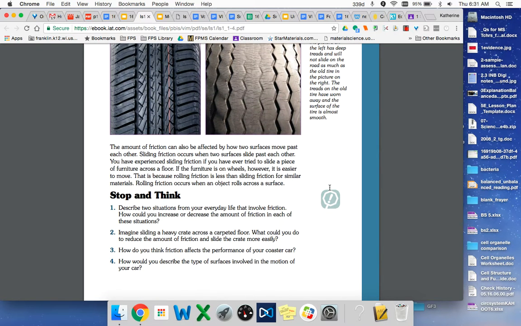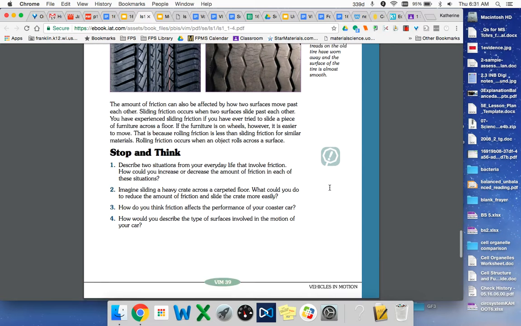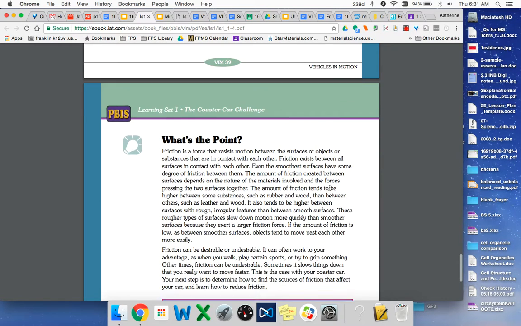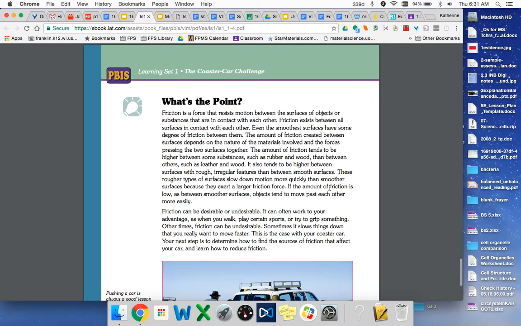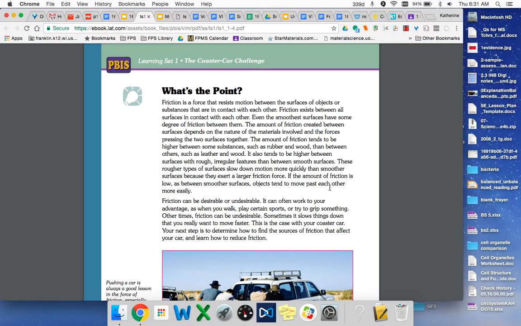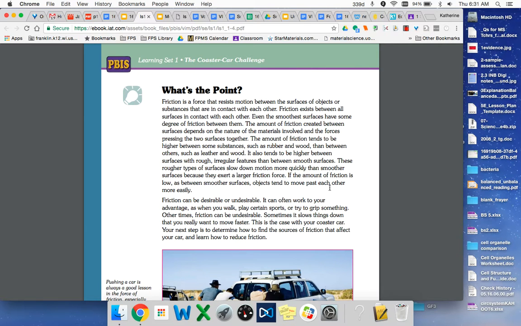Smart 7th graders would also answer these 4 questions. These 4 questions are very helpful, useful questions, and we will start talking about them on Friday when I see you. The last section to read, cover, jot, or Cornell notes, or whatever you want to use, would be this what's the point? It is a review, but it has a lot of the important information to go back over.